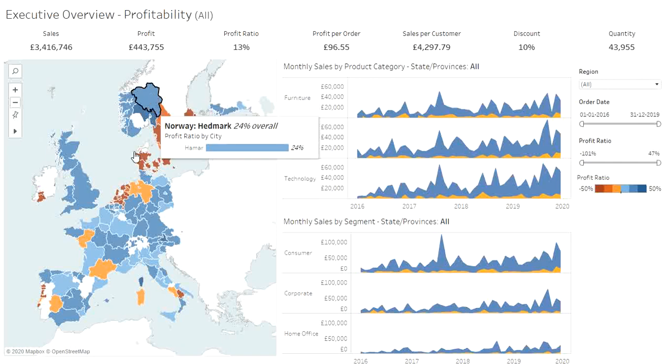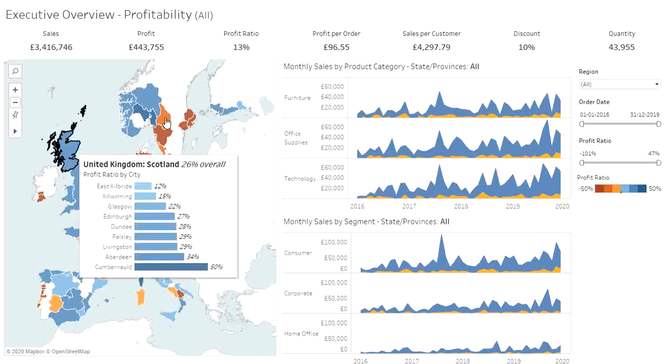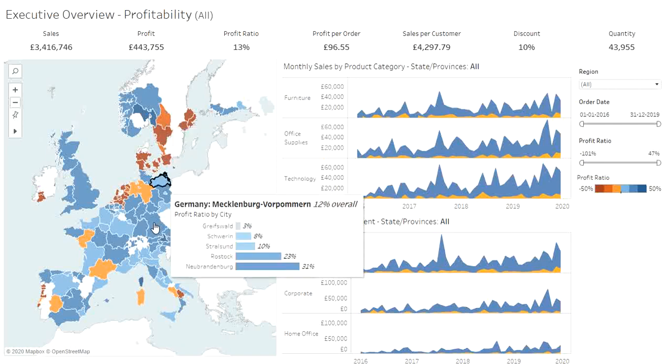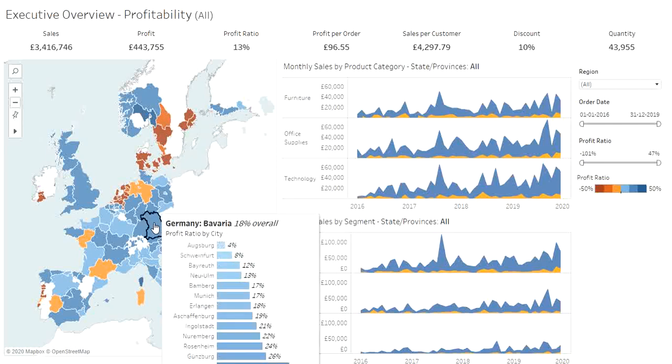When you come down to this color, here it's Sweden, and Sweden is negative 26%, so the profitability is down by 26%, and the city is Karlstad. And if there are more cities, like Germany,